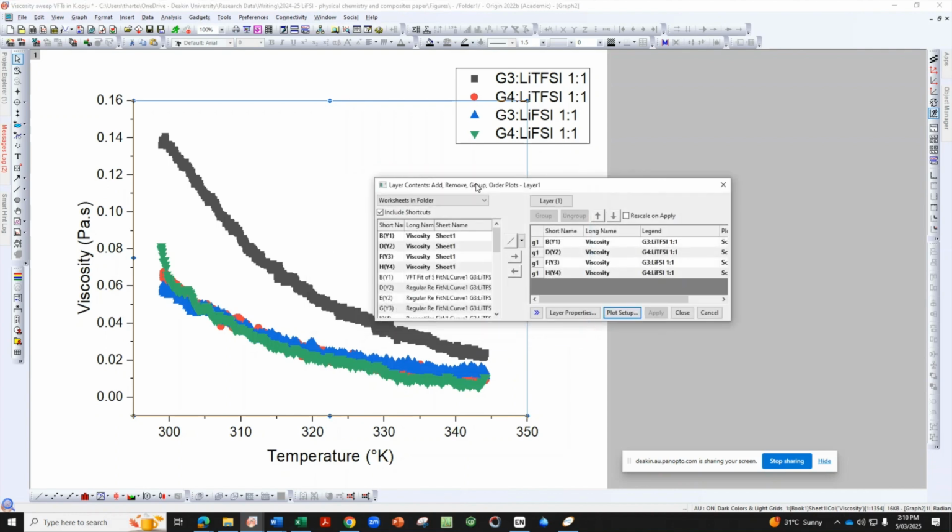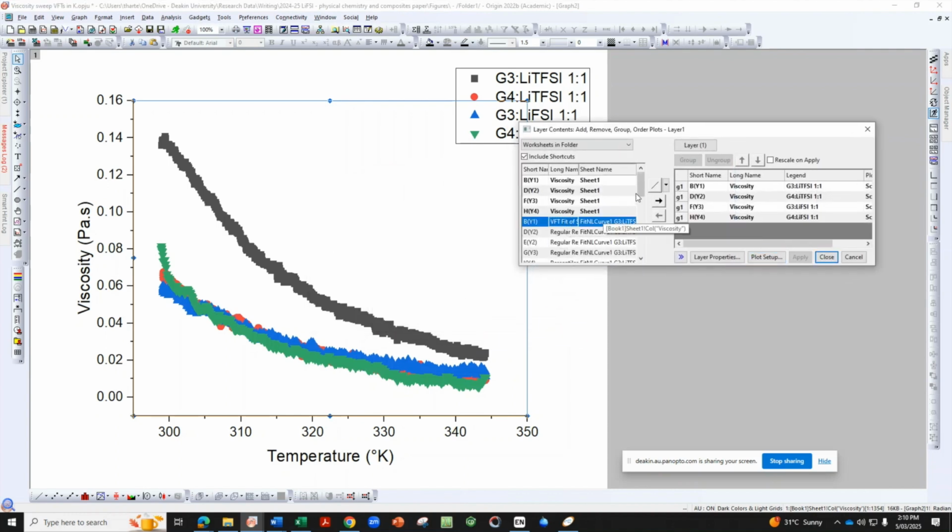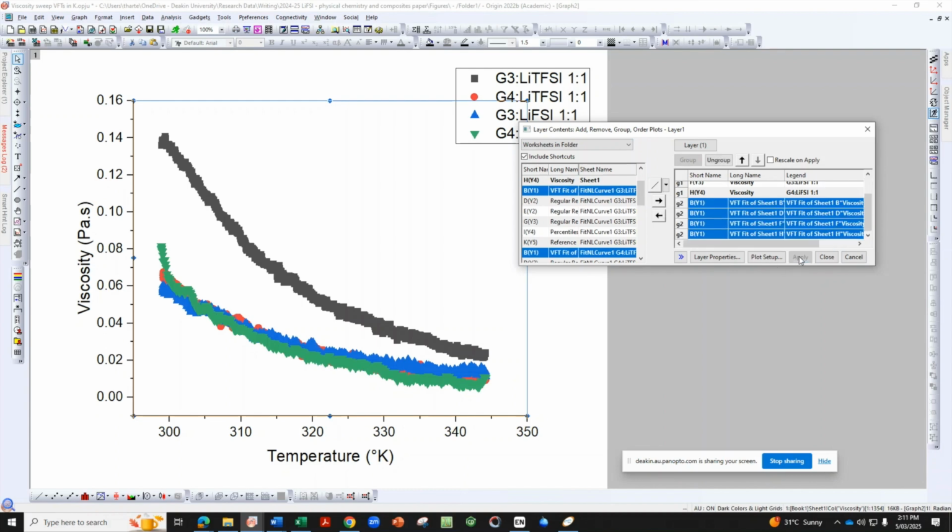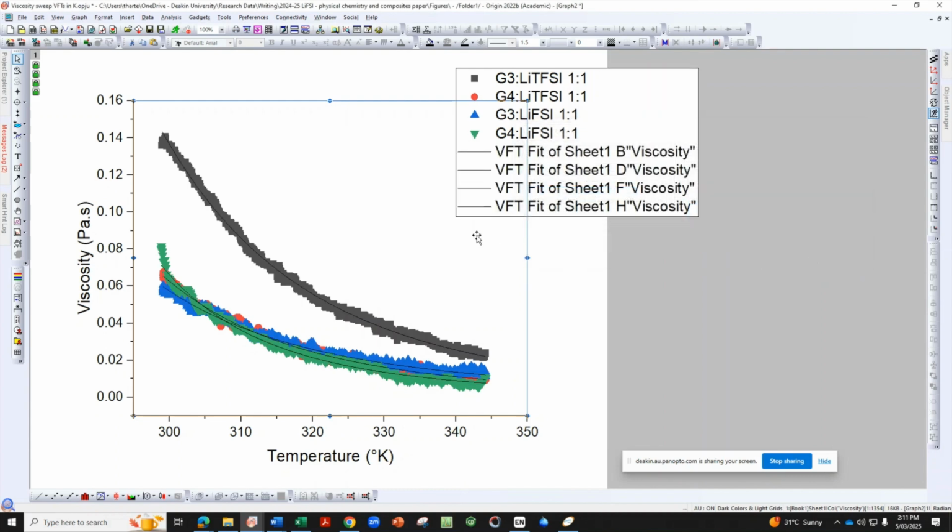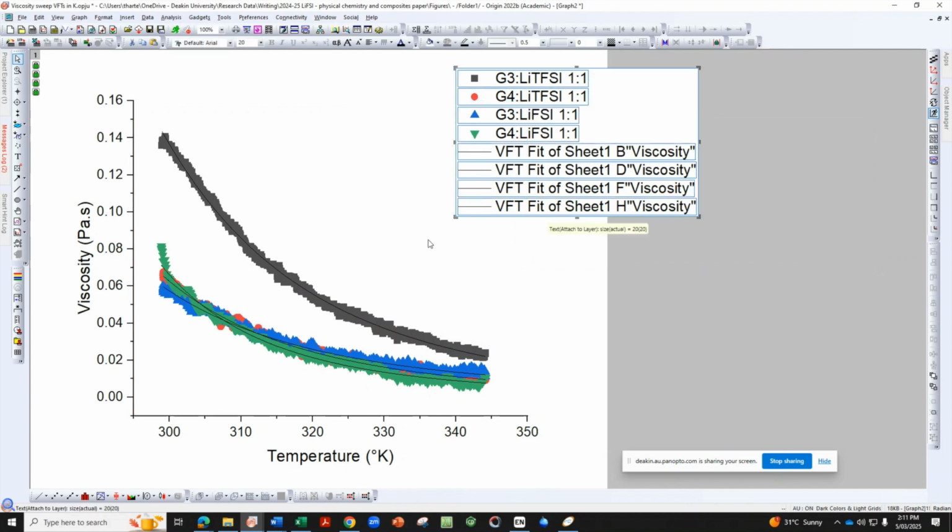We do this by adding in the VFT curve, and if you hold down Control, you can select multiple here. The VFT fit curve of each one, and you can see we've done it for 4 different samples, and there's 4 different curves. We bring them over onto the plot, and we apply, and we'll see the lines pop up here.